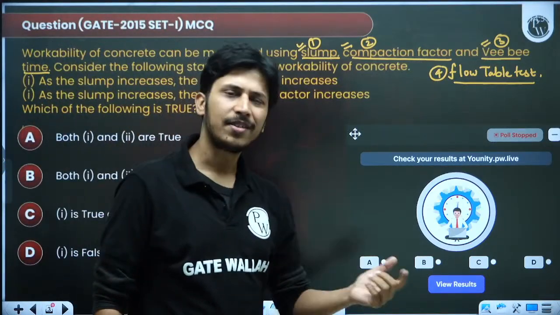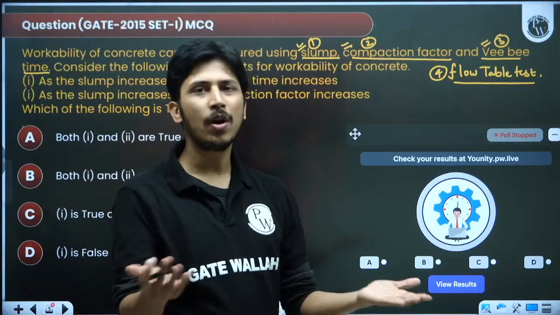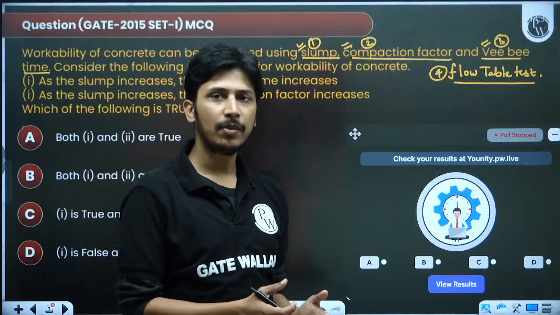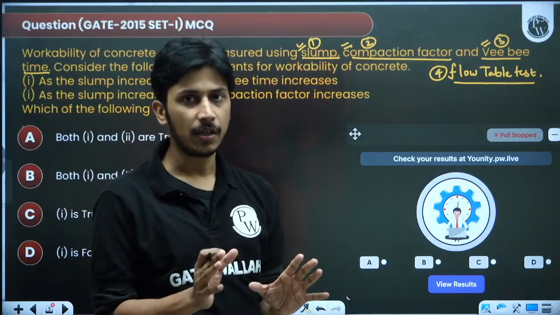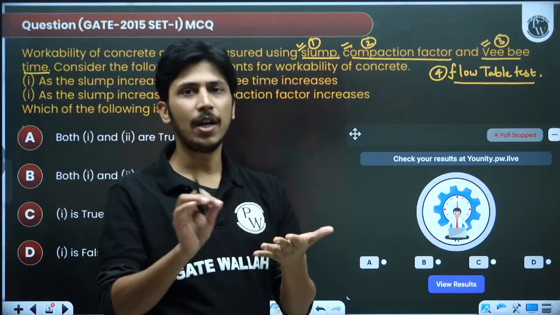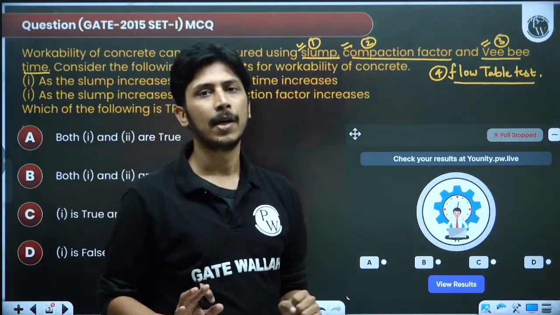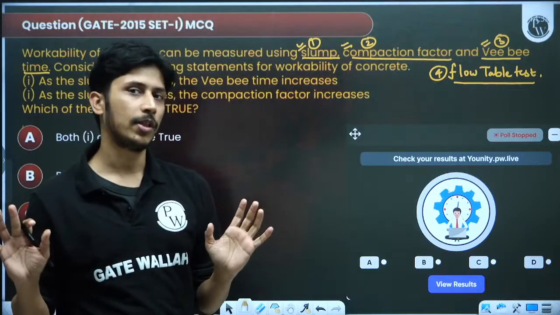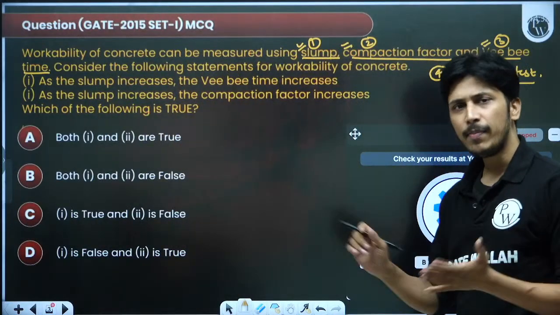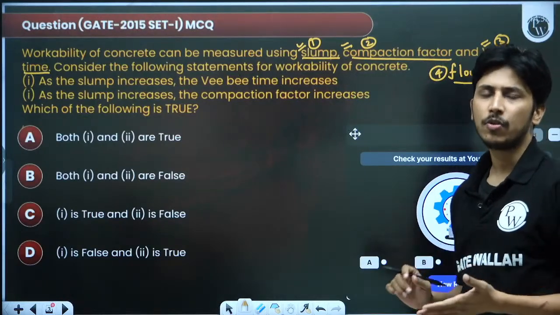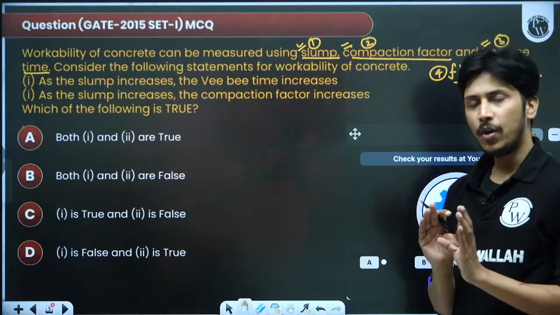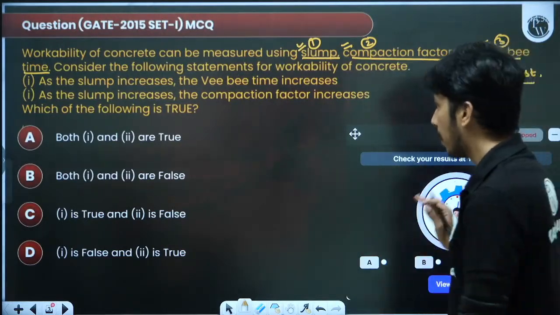For studying, a lot of sources are there. You can just Google the things. Just Google slump test, you will get it. Just Google compaction factor, because only one month is left before the exam as far as civil engineering is concerned. So you don't need to go to the books. Whatever I'm saying, just Google it, read it, and write it down in only two to three lines, not more. Whatever content you add after doing the PYQs, Google it and write it in your copy, short notes or rough notes, because you cannot make notes just one month before. You can just add the content. So add those contents that I'm saying.